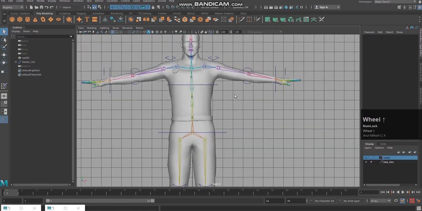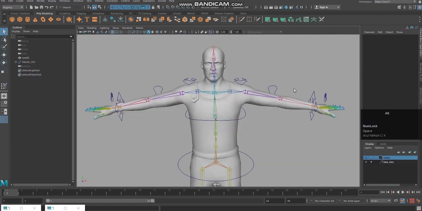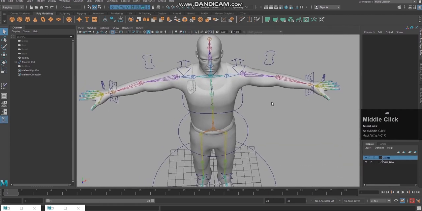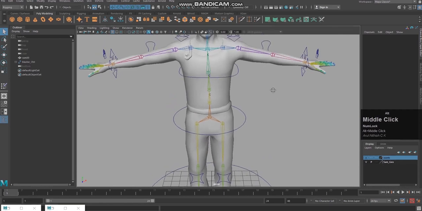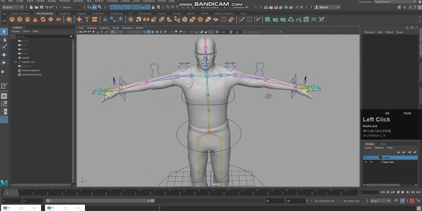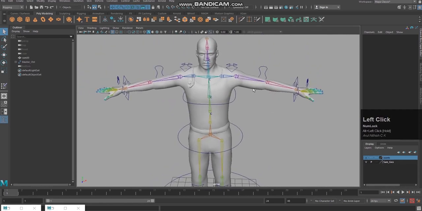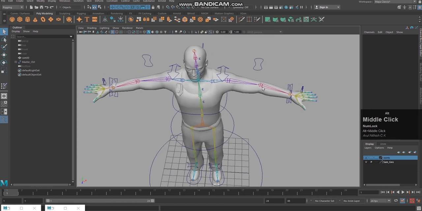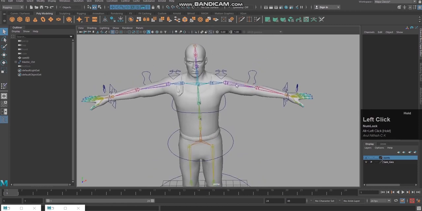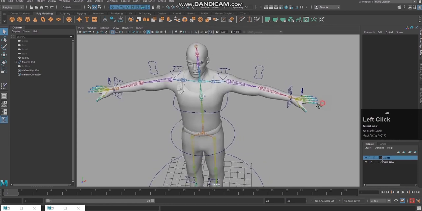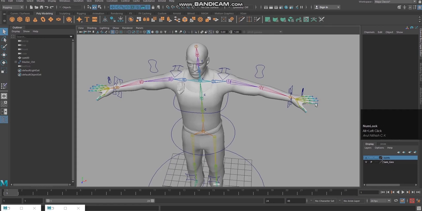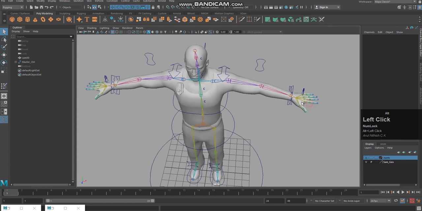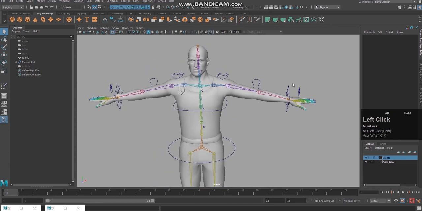Okay, so now how to find out whether the mirror skin weight is working perfectly or not. Just imagine I have finished all my weight painting for the left side, selecting each and every joint of each and every finger and painting over here for the palm and wrist and everything.